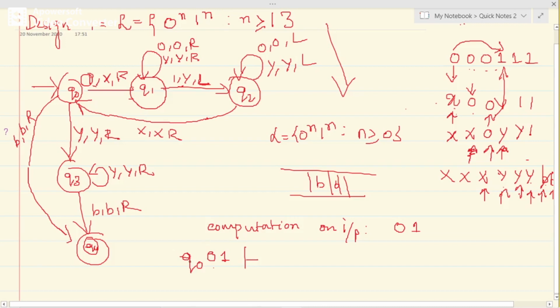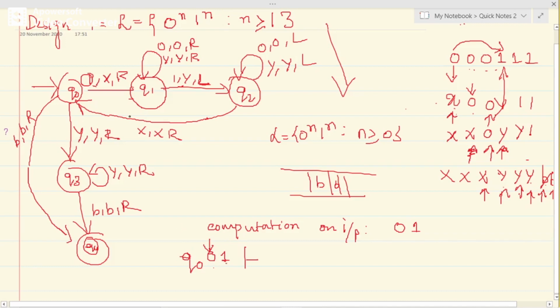Suppose the state is before a particular character, that means the read-write head is on this character. After processing this, next time if you want to process the next character, the state has to come before that character.